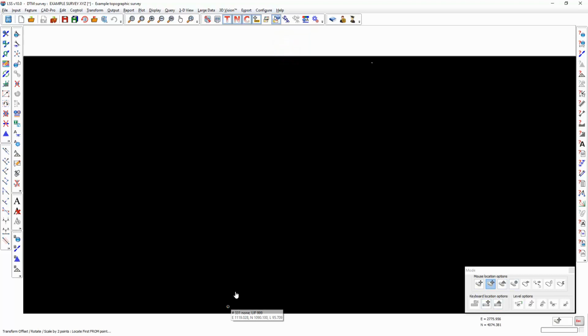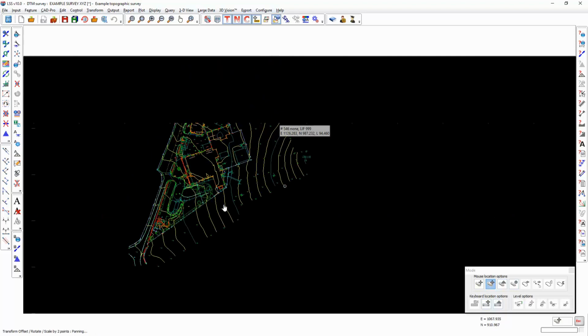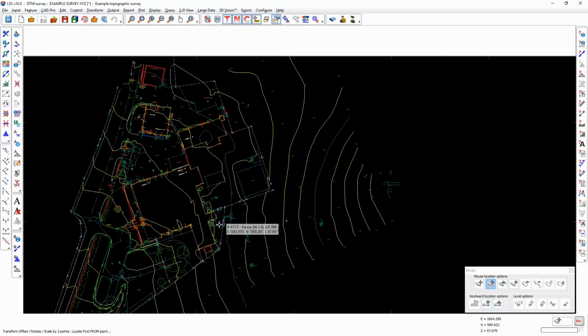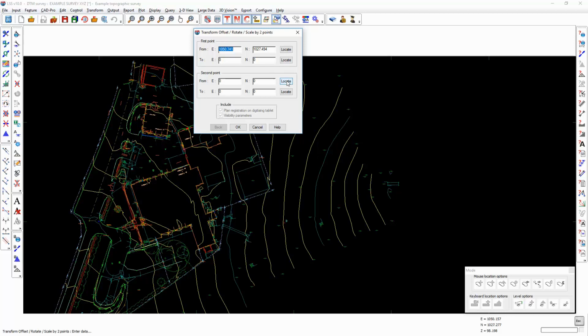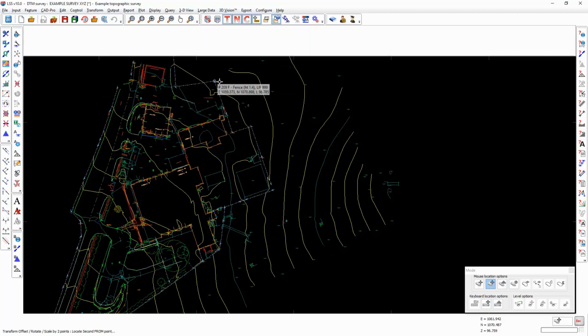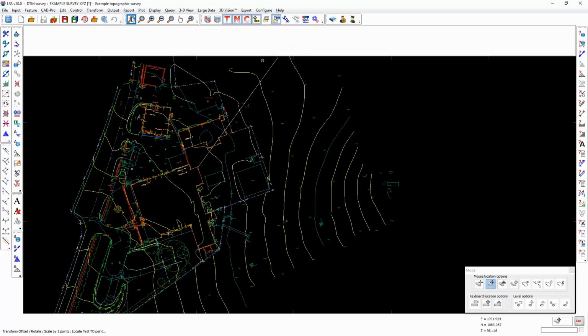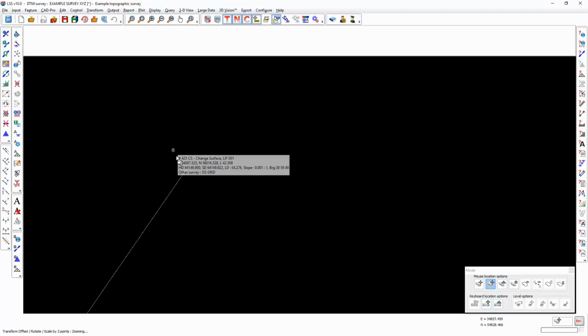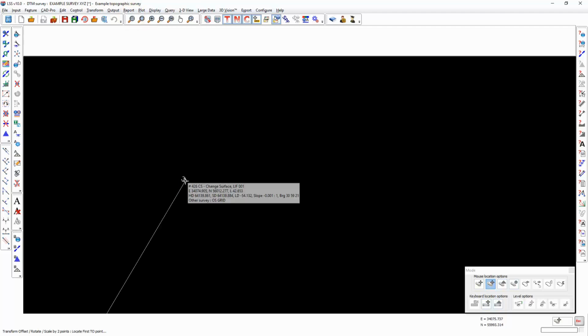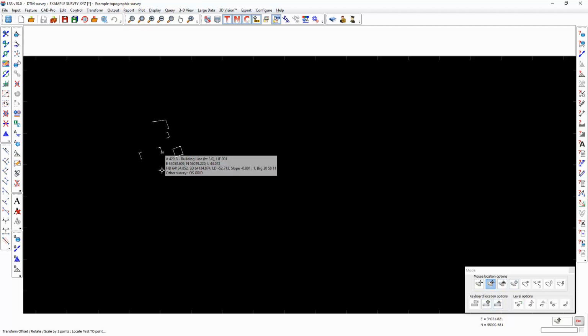If I go to locate and zoom in on the first of 2 points I'm going to use, so if I go that as the first point and that as the second from point, and remembering which points they are, I now go and find those same 2 points in this survey,